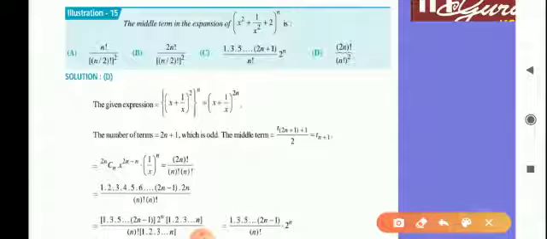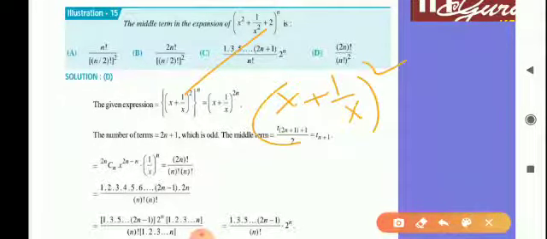In this problem, x square plus 1 by x square plus 2 to the whole power n, which I have already used this expression also. This is a favorite expression of JEE, you know. And this you can use as a plus b whole square. So this we can say x plus 1 by x to the whole power 2, you can write safely.